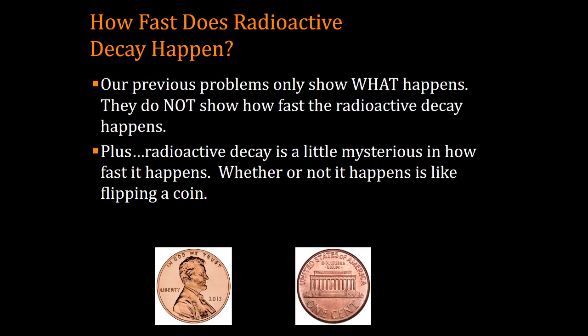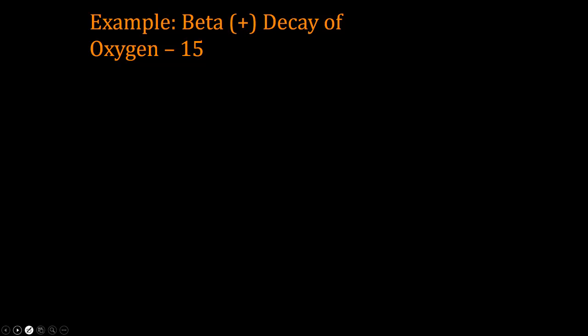Now, how fast does this radioactive decay happen? Well, that's a little bit weird. It turns out that it depends on how much stuff is there, and it's a very mathematical probability thing. The more radioactive stuff you have, the quicker it decays. But any given atom may or may not decay at any given time. And so we actually talk about half-life, and it's the probability at which this stuff is going to decay. And it turns out that about half of the substance will decay every certain amount of time, and that's called